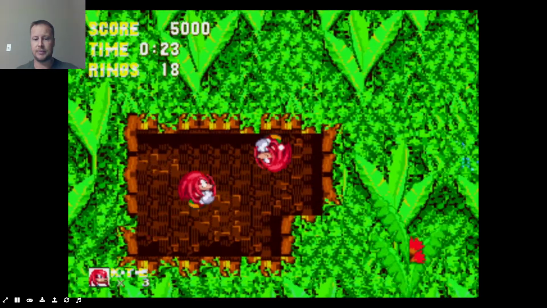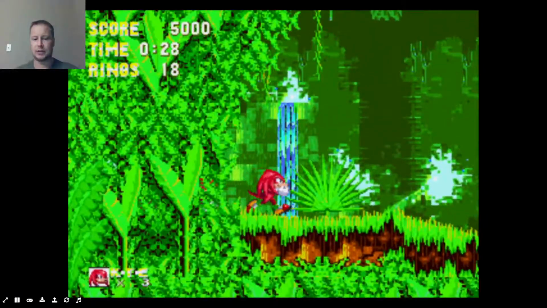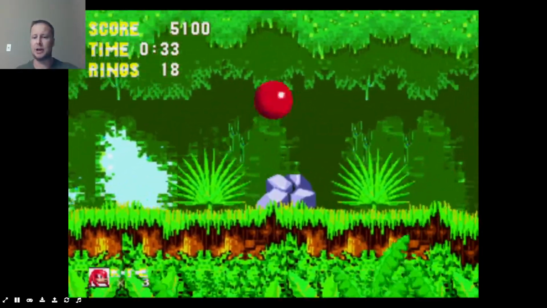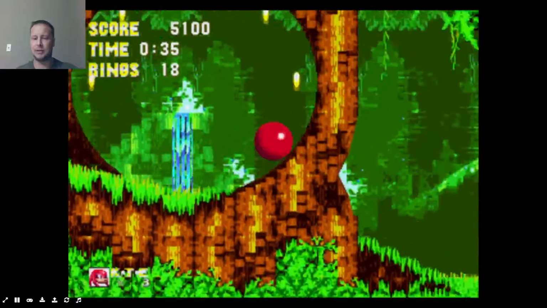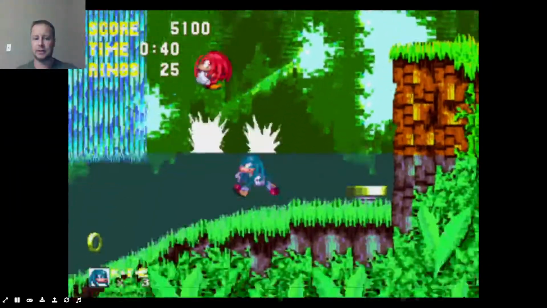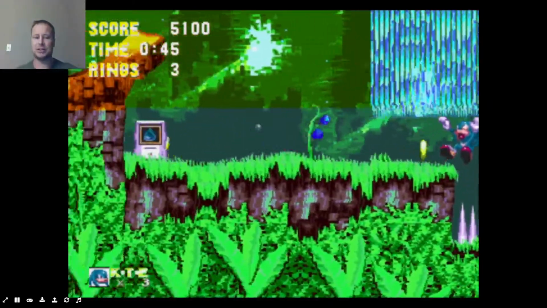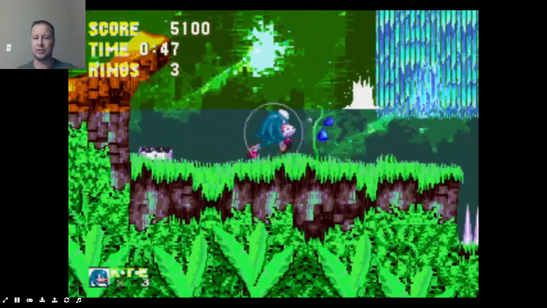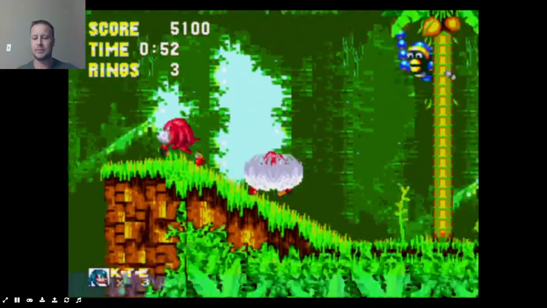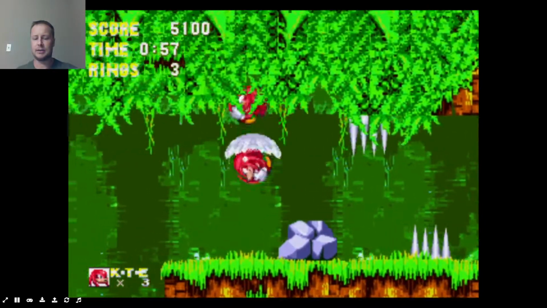Angel Island Zone. Knuckles is an interesting character. He comes off as kind of a jerk in Sonic 3. Not kind of, he actually comes off as a rather intense jerkaholic. Oh no! Oh look, and he turns blue underwater. I wonder if that's just the tone of the water, or if they're just using the same color palette as Sonic. Alright, so I can't...